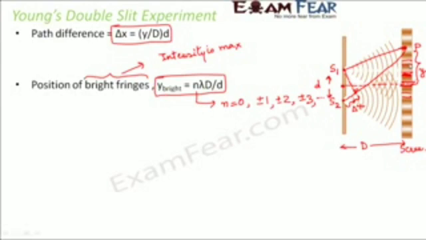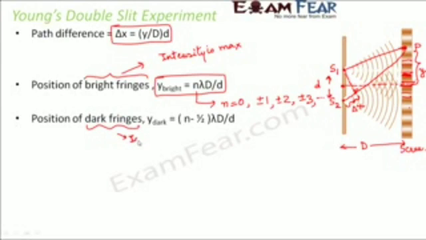Similarly, you will have one bright fringe corresponding to n equal to 2, and one bright fringe corresponding to n equal to minus 2. So in this fashion, you will have bright fringes at specific locations. Now similarly, you will also have dark fringes, and obviously dark fringes would correspond to those positions where the intensity